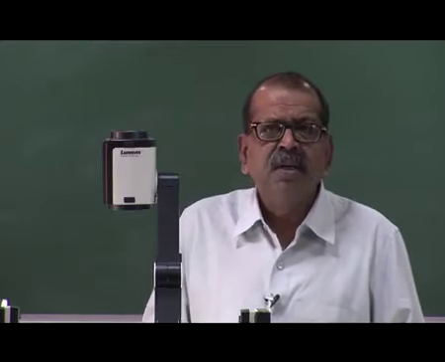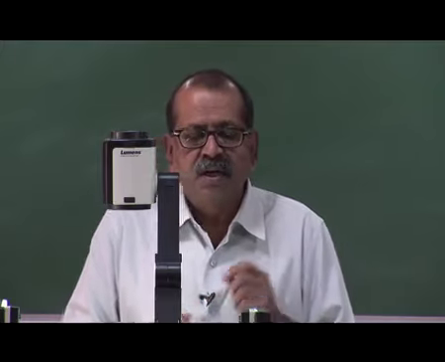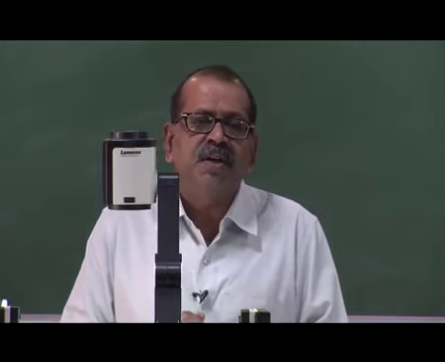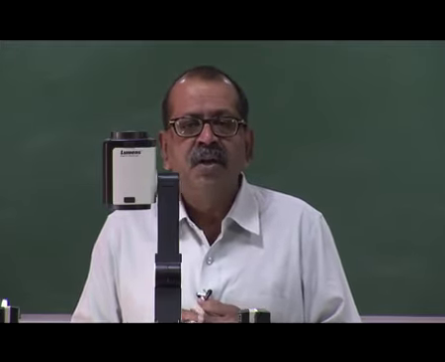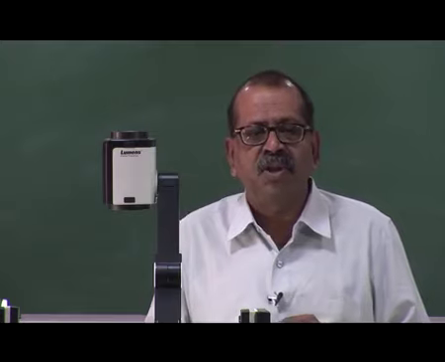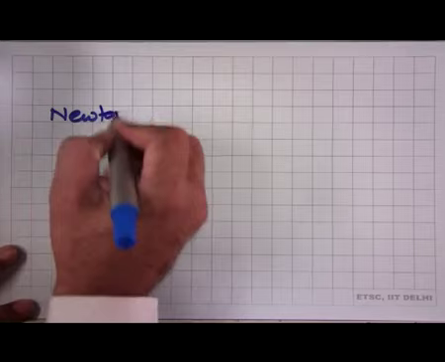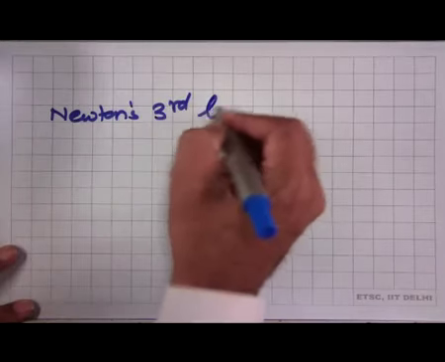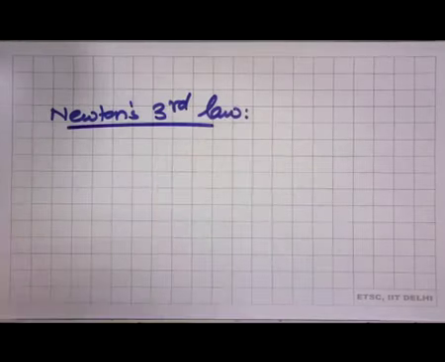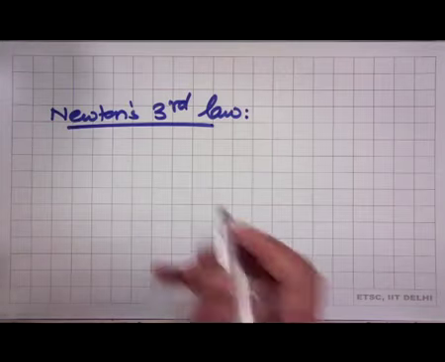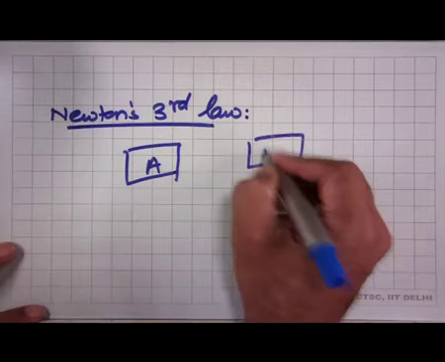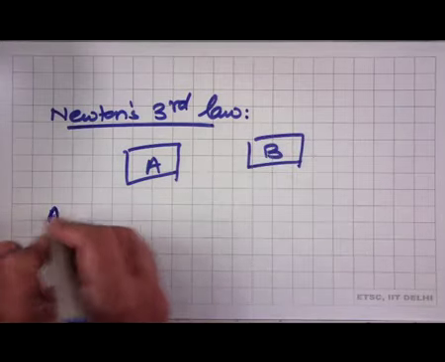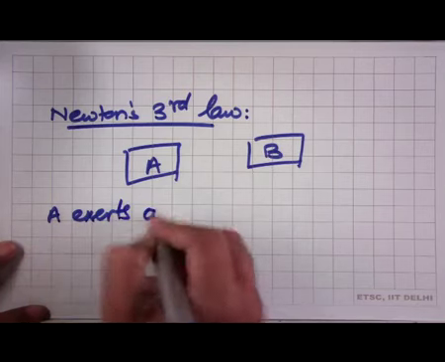But before we do that, let me just go back to the last lecture where we considered action and reaction forces on bodies, and what we showed was that Newton's third law says that, so let us look at it, Newton's third law, and this we will see will be very important when we analyze forces on bodies. What Newton's third law says is that if there are two bodies, a body A and a body B, if A exerts a force